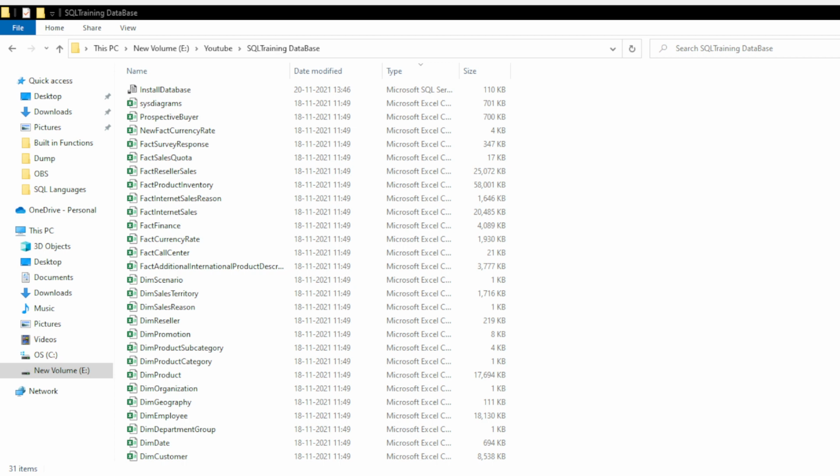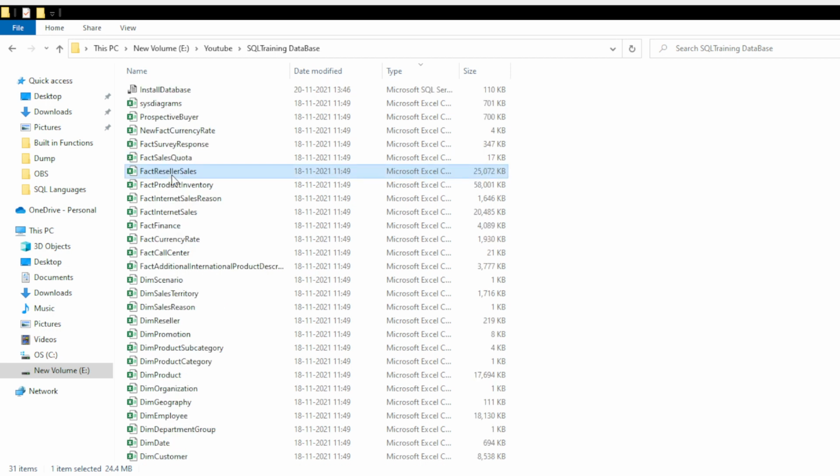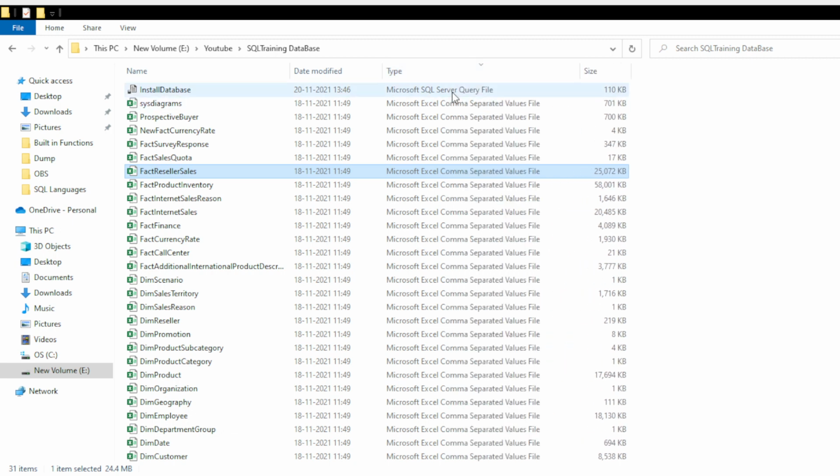If you look, we have a couple of CSV files, like sys diagram, and around 30 CSV files in total. No need to open those CSV files, but out of the 30 we have only one SQL file, described as a Microsoft SQL Server query file.